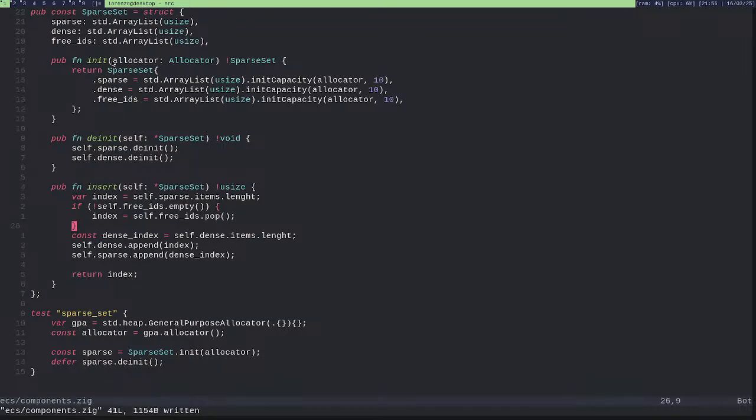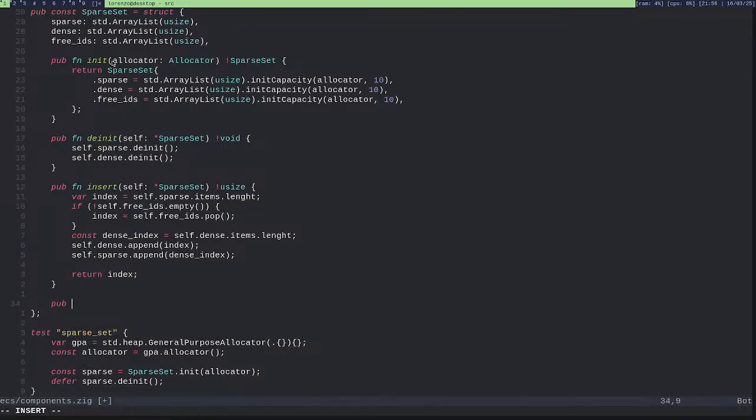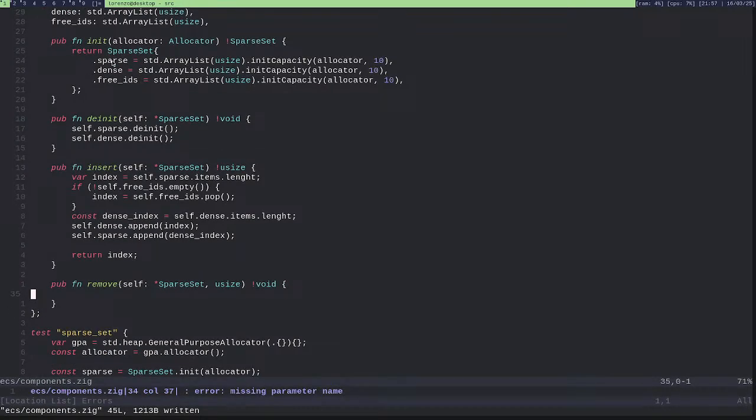Should just work. Okay. And so now I can also remove an entity from the sparse set. And here I will just take the index for the entity and return nothing. Missing parameter name? Oh, yeah. Okay, ID.